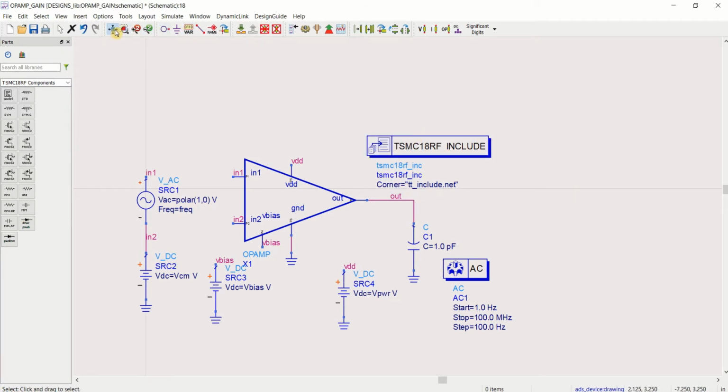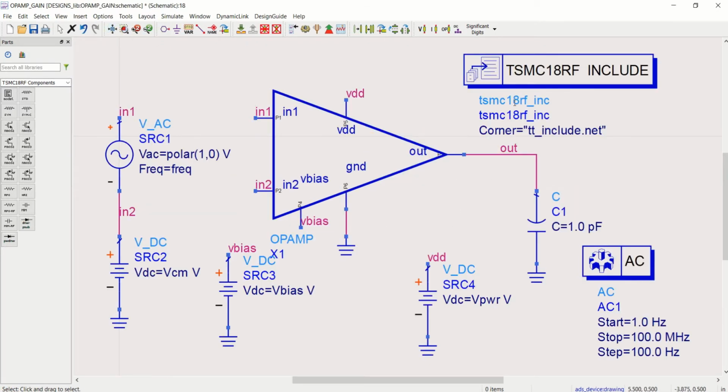It shows TSMC 18 RF including, that means you are including the typical model. There are other process corners like slow-fast and fast-slow, but I am using the typical model file. Save this design and simulate.